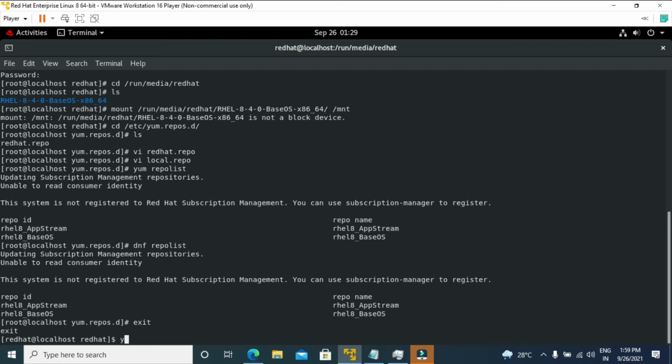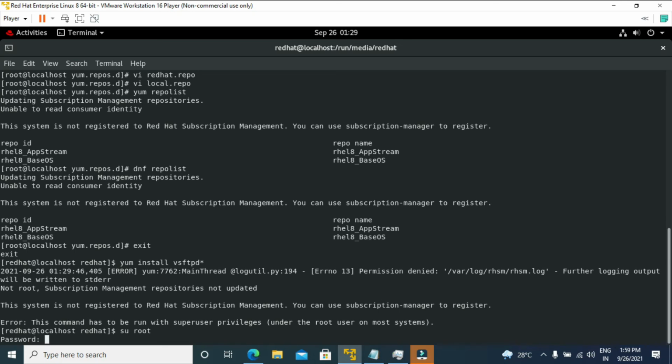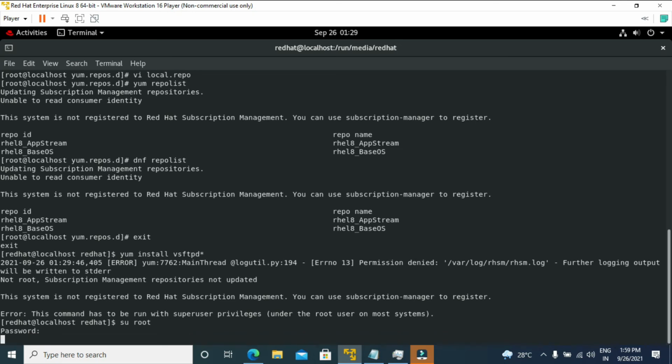Okay, yum install vsftpd star. Let's see. So here I have to give root user access. So su root, password redhat.